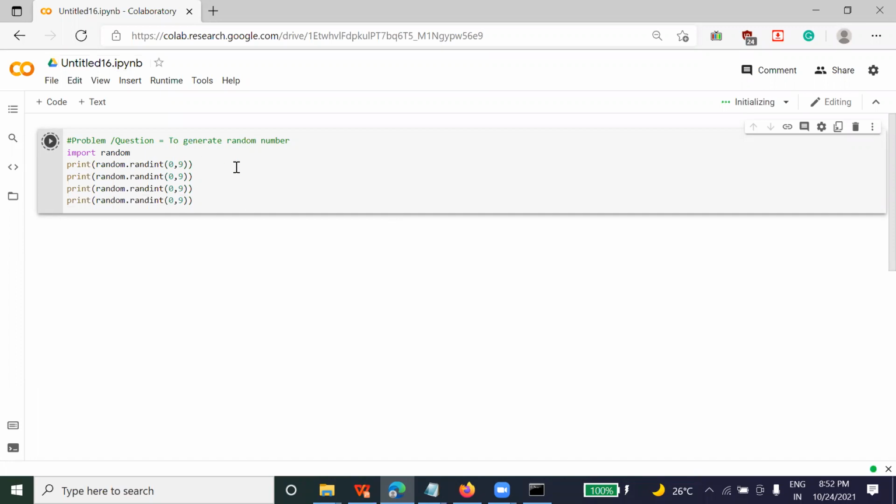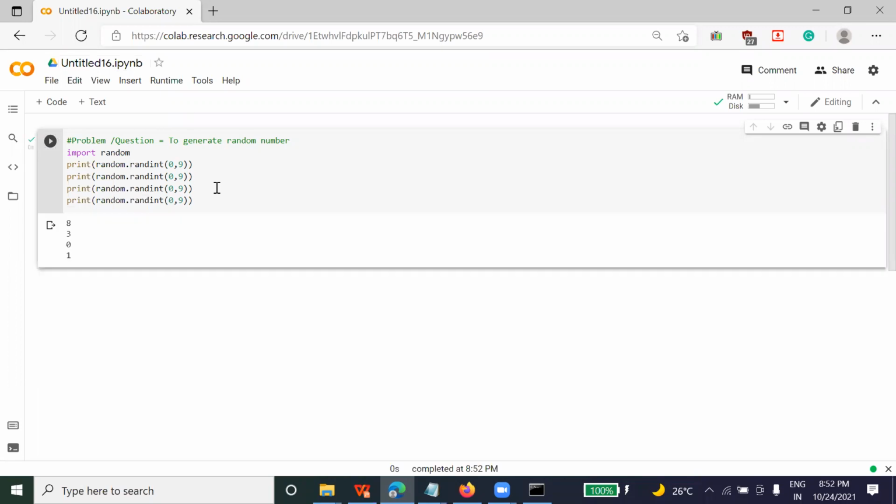So let me run it and show you the output. What output do we get? You can see it's generating random values between 0 to 9, right? 8301. So the 4-digit OTP that we receive on our mobile, from Google or from a bank or any app, is generated by this random library.